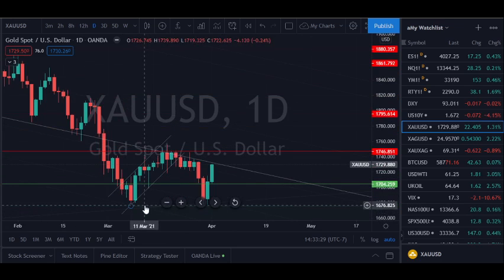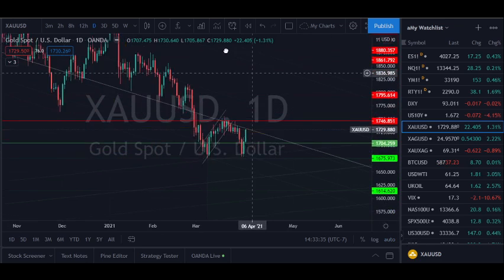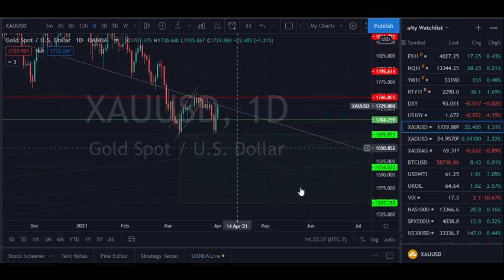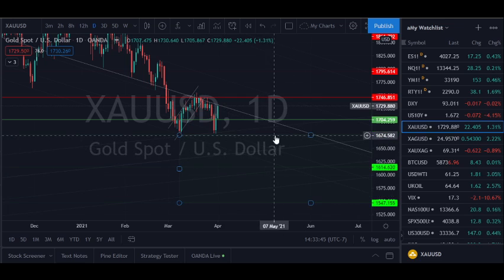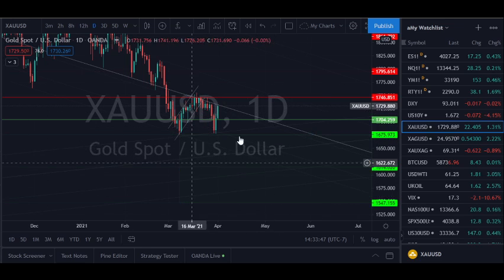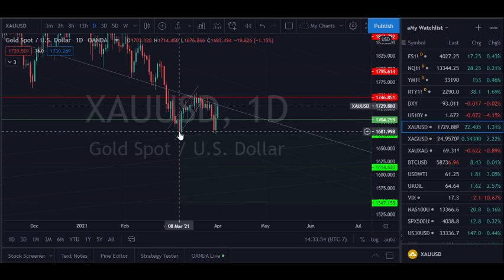And we retested our support level here at 1675, which, if you have watched any of my other videos, I've had this green buy zone where I said this is the sweet spot to buy gold. I've got a couple different support levels that are kind of my lines in the sand. We've once again bounced and hit that level almost exactly at the same spot that we hit it at the